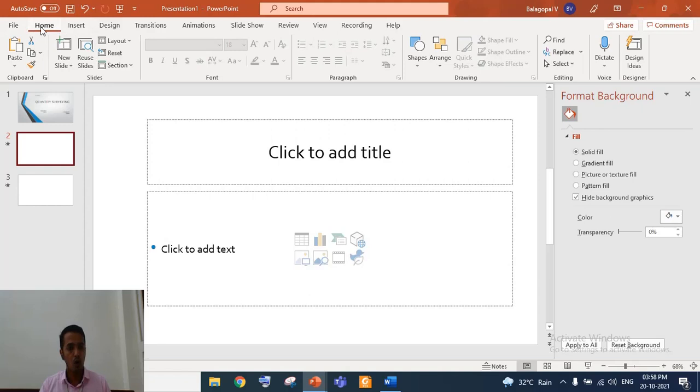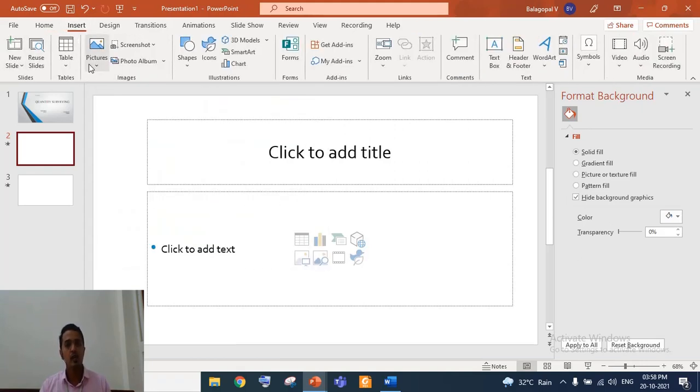In the Home tab, you can see just the simple layout options and all. Coming to Insert, here you will be able to add a lot of components to the slide. For example, if you want to include a picture, there are two options for adding pictures.